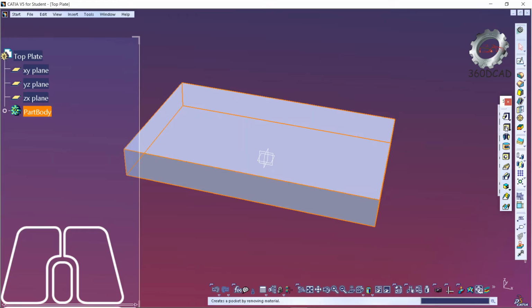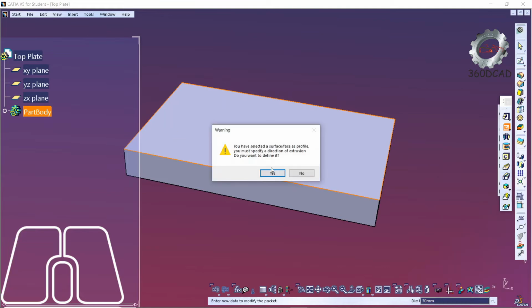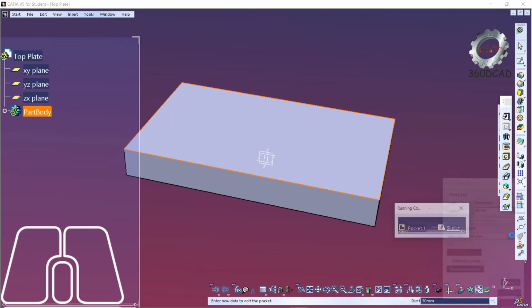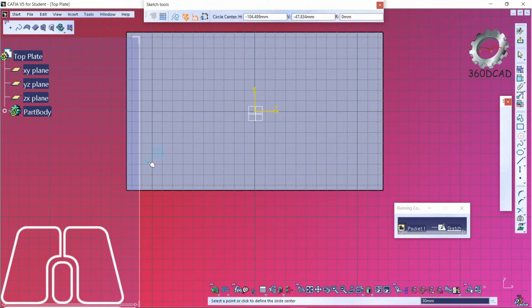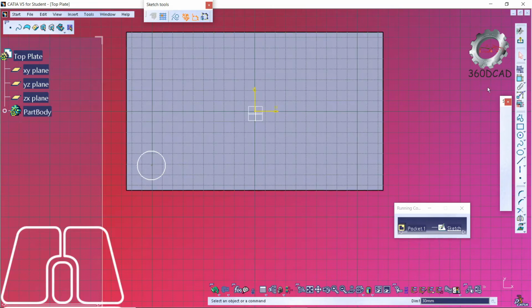So again we have to go to the pocket, create a sketch, select the top surface, then draw a circle at the corner. Then we are going to give a dimension.